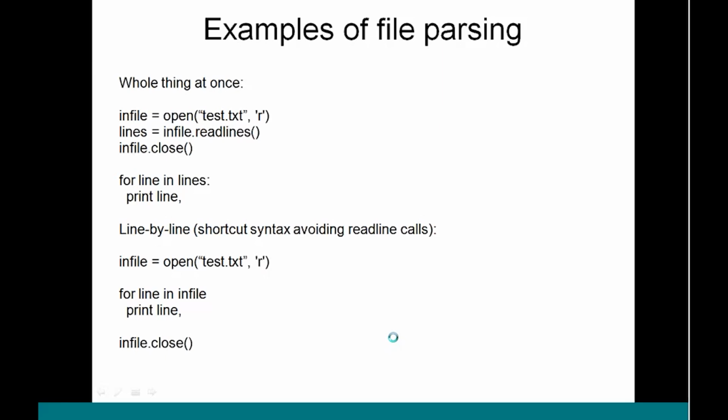So here are some examples of file parsing. We saw this in Perl a lot of times. So how do we do it in Python? We specify the in file, what the in file is and with what kind of option, and then we start reading the lines. The lines contain a list of the strings of all the lines in this file, and after we read it, we can just close it. Now to print the lines, we use the for statement and then print line,